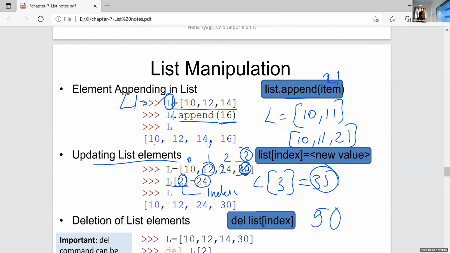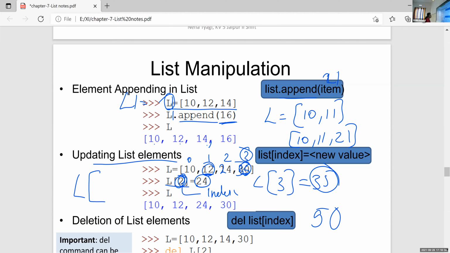Sanjana? Ma'am, L square bracket 12 equal to 50. How is it 12? Here I am using the index value, instead of 12 you want to use the index value.